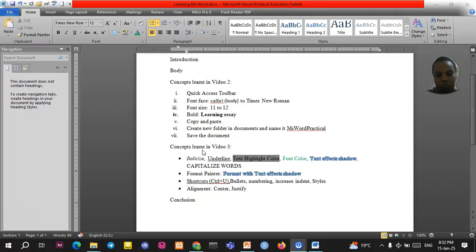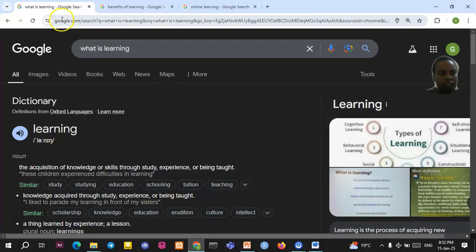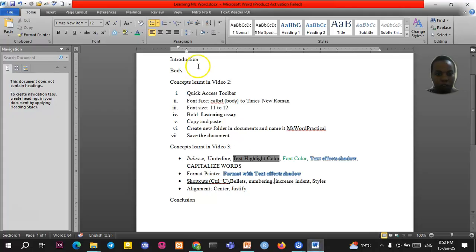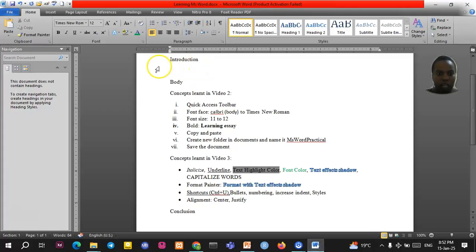So in my Microsoft Word document, I can add content from other documents or from a website. For example, I can go to my Google Chrome. So I have searched what is learning. I can copy this content, so I can just highlight that and click Ctrl+C,